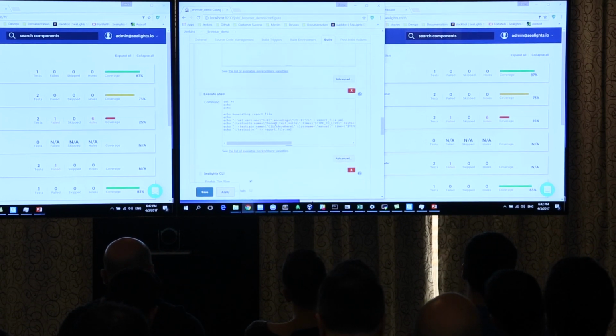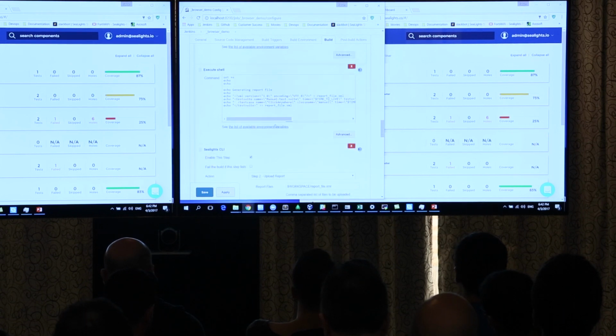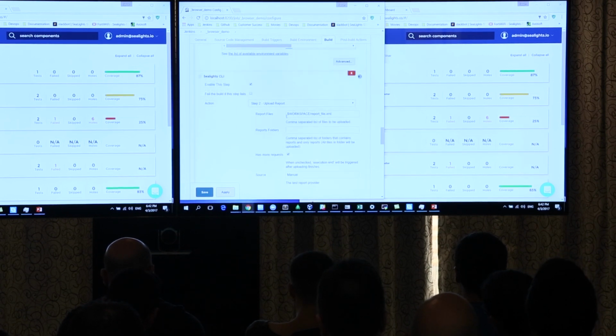I'm going to be providing an XUnit report. Now, because I'm doing manual tests, obviously there's no automation system here that's going to be creating those reports. So I'm just echoing it out into a file, saying that it's one manual test and that it passes. Again, in order to provide my lab the information. But if you're working with an automation tool, you can generate these reports and provide them. I'll be uploading it to my lab,